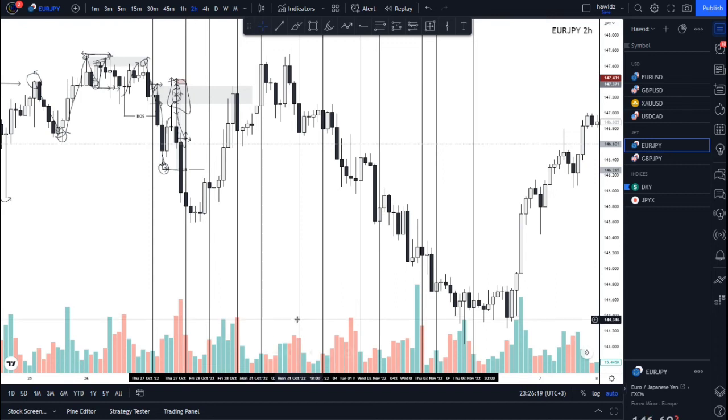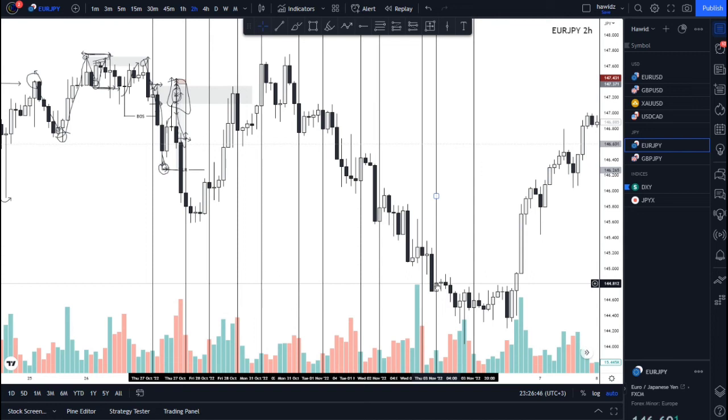No, this is 2 a.m. to 6 p.m., right? And then this is 4 a.m. to 6 p.m., 4 a.m. to 6 p.m., 4 a.m. to 6 p.m. So as you can see, guys, 4 a.m. in the night, it's the opening of the Asian session, right? To 6 p.m., which is almost the mid